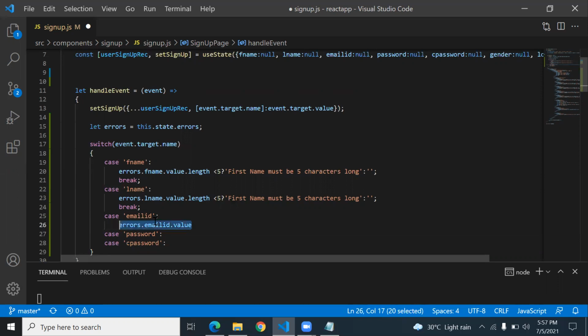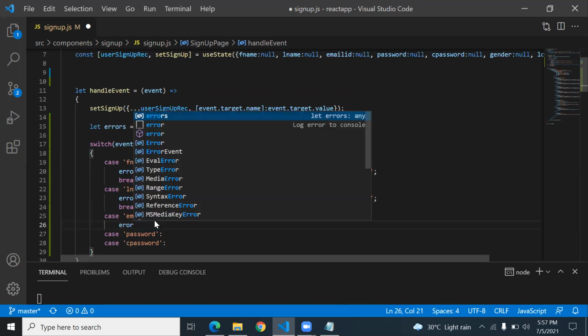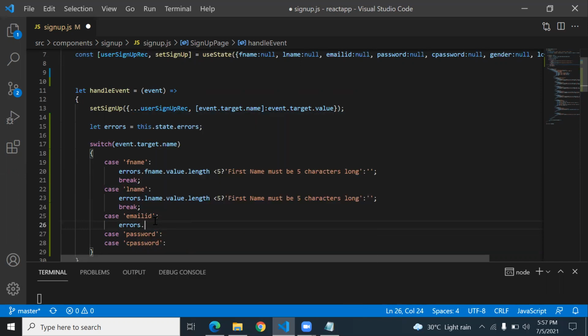If I type errors dot email is equal to, here the regex, you type like this in the box bracket, dollar and cap. Now in between you write your regex part.